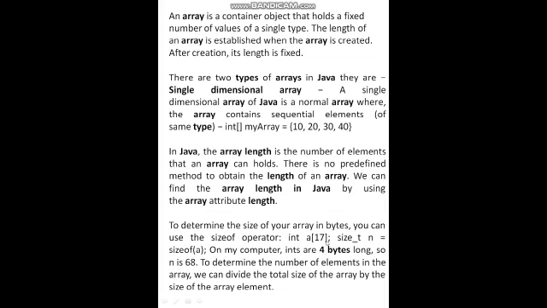Suppose int a[17], n = sizeof(a). On my computer an int is 4 bytes long, so n is 68, because 17 times 4 bytes is 68. To determine the number of elements in the array, we can divide the total size of the array by the size of an array element.